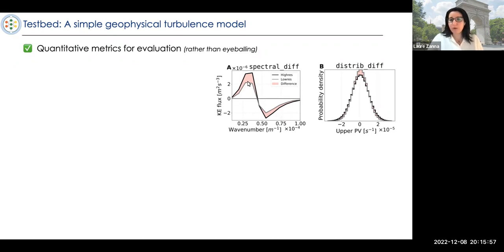The coarse resolution run is actually the gray line, and the high resolution is the black one. You can see the high resolution is doing more backscatter, more inverse energy cascade, by taking the energy from the small scale and putting it at a large scale. So we're going to quantify the amount by calculating the difference between those two curves. We're going to come up with a score that directly measures that difference rather than just